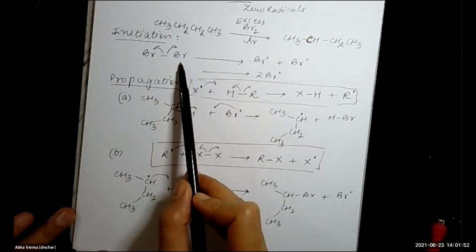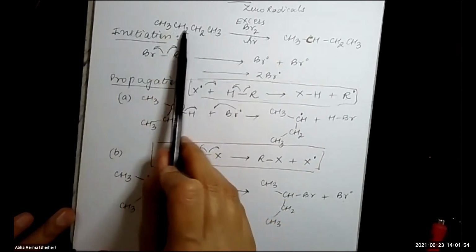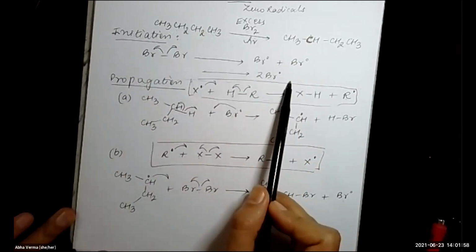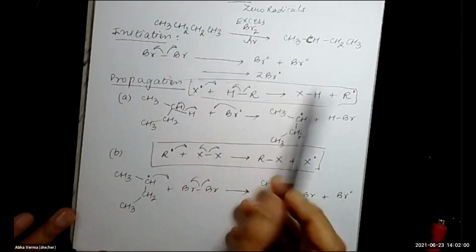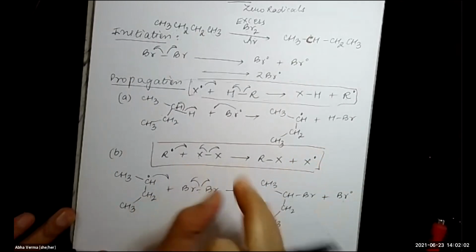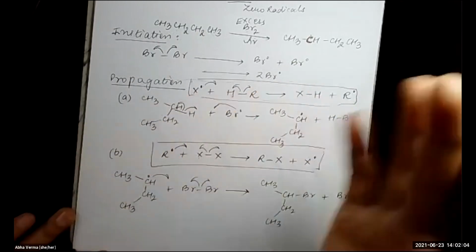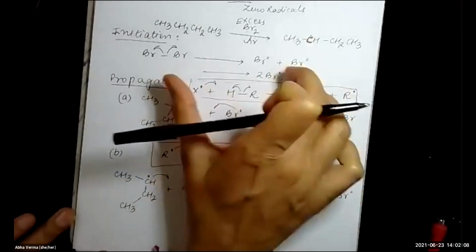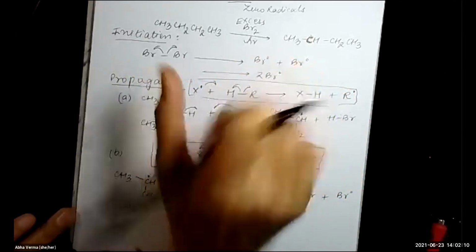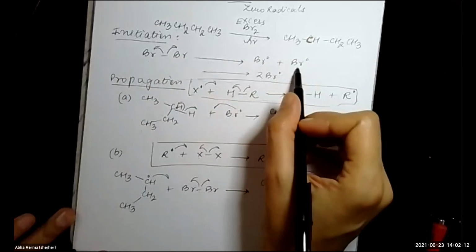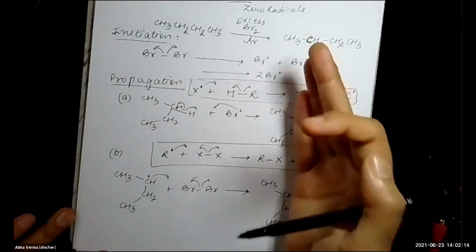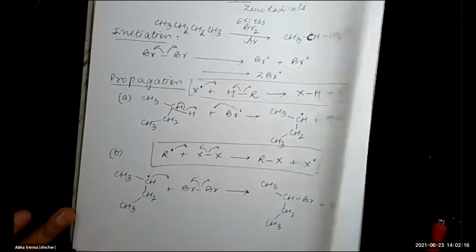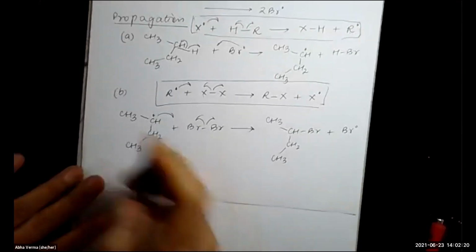I'm not saying that there is no chance that this carbon-hydrogen bond will not break. Maybe those radicals are also forming, but they are not in a large amount, or they will not be very useful for our mechanism. So for our mechanism, this makes more sense. Similarly, the last step will be